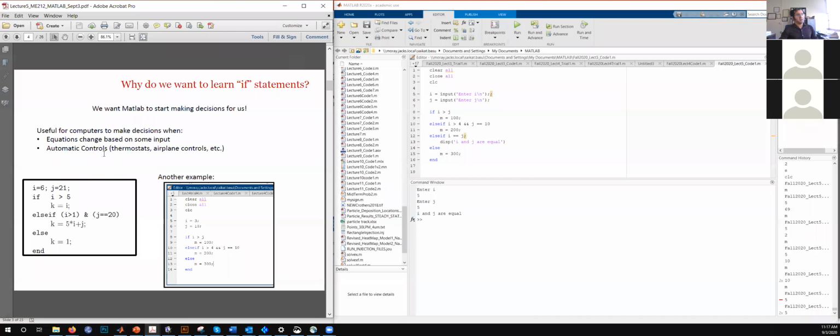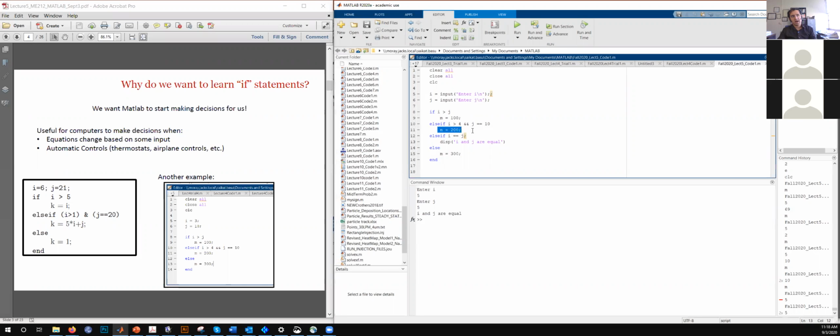Okay, so I have written down why we need this kind of logical structure. For example, we are going to do some similar, very simple examples later on today, but typically in engineering systems, we tend to use different kinds of equations based on certain conditions. So if the condition is XYZ, we use this set of mathematical operations. If the condition is something else, ABC, we use another set of mathematical operations. And you can control that by using this kind of structure where you add all those mathematical operations under each if or under each else if.